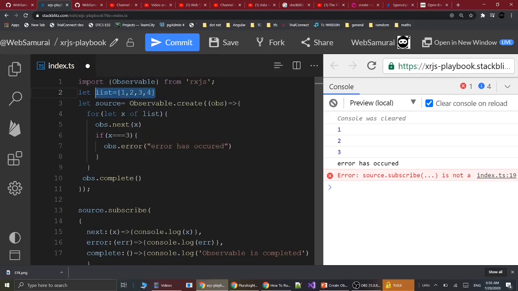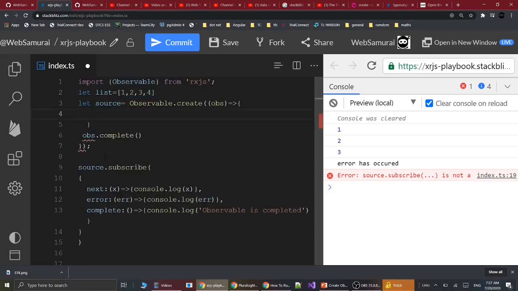Most observables work with asynchronous data. As we have seen, the data comes from an asynchronous source, so let's create an asynchronous source using a timer. I'm getting rid of this for loop and creating a time interval.